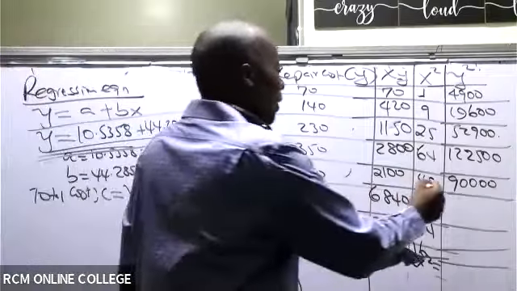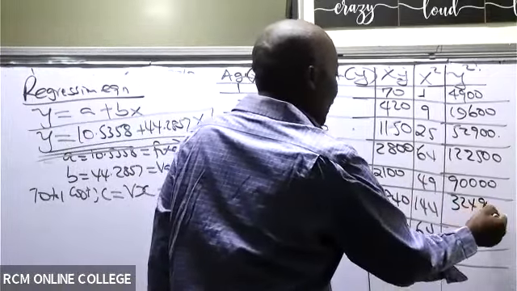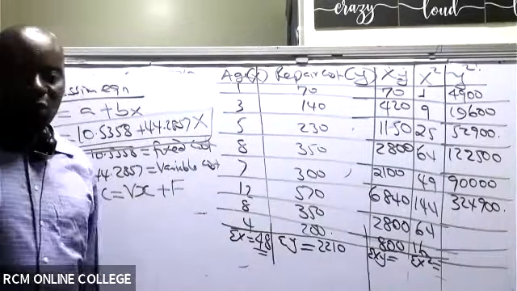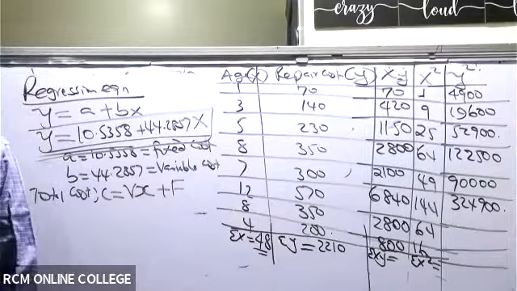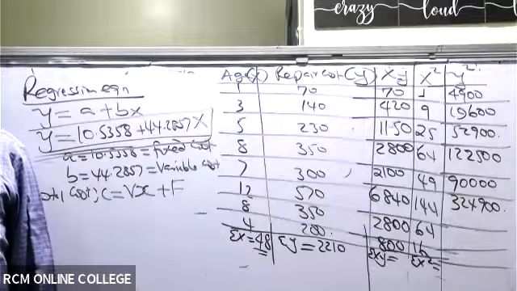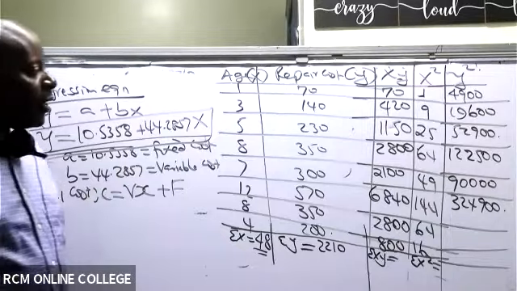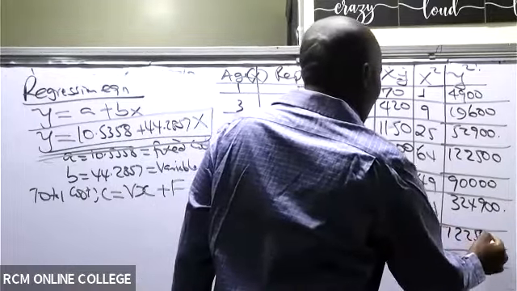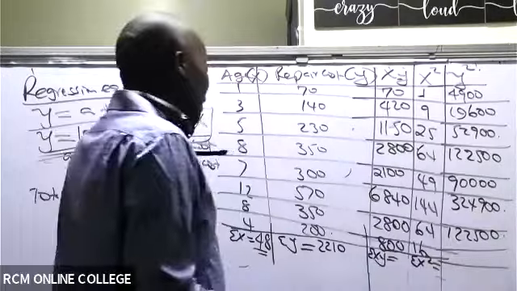324,900. So this gives me 324,900. And then we have 350 squared. I think I had it somewhere... Nope. But we shall overcome. 122,500. It's here, yes. 122,500. And now lastly, it is